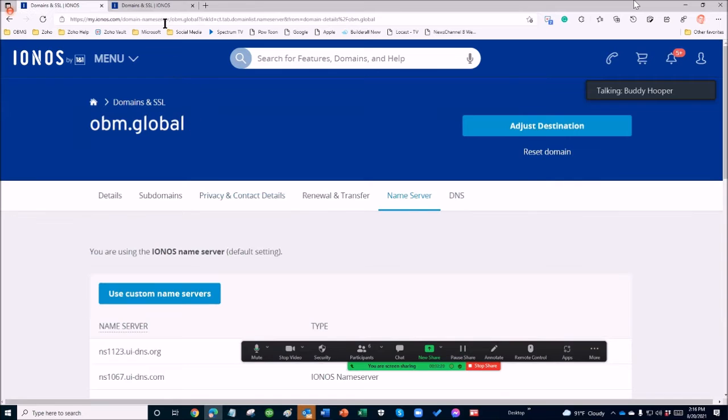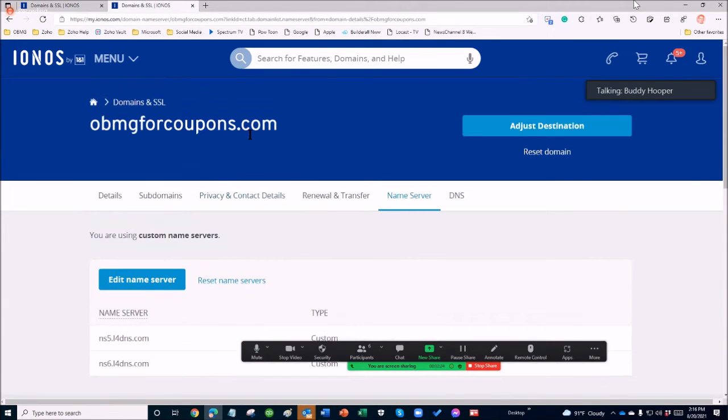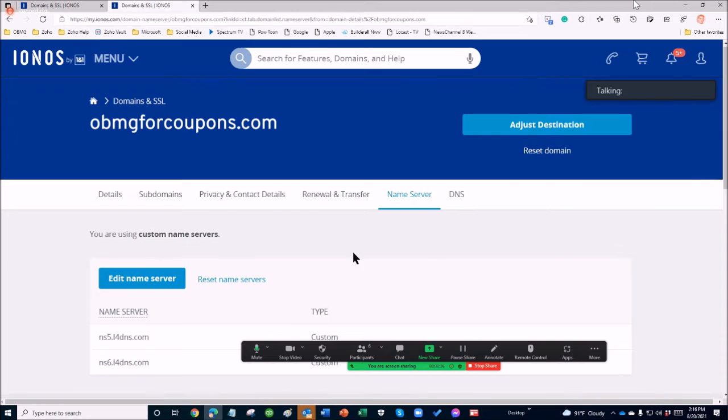OBMG Global and OBMG for coupons should be set up exactly the same, except for one thing. That is where the front end is. Well, the front end here,